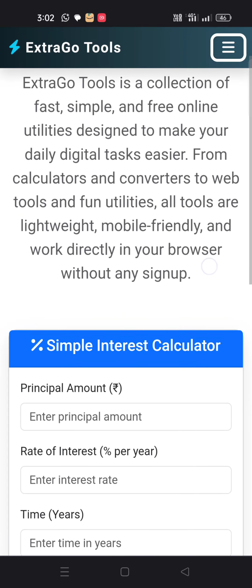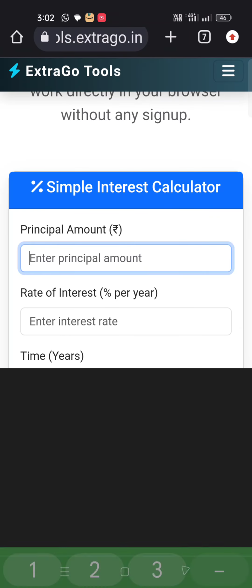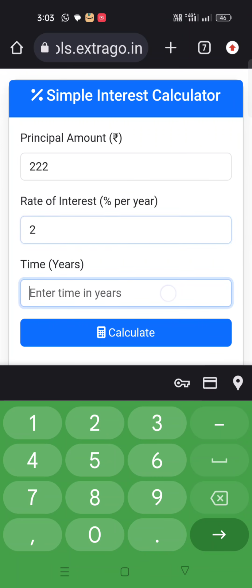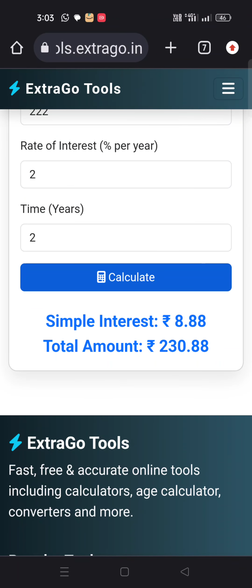Here you can calculate simple interest, principal amount. Simple interest 8.88, total amount 230.88. So this is the simple interest calculator.